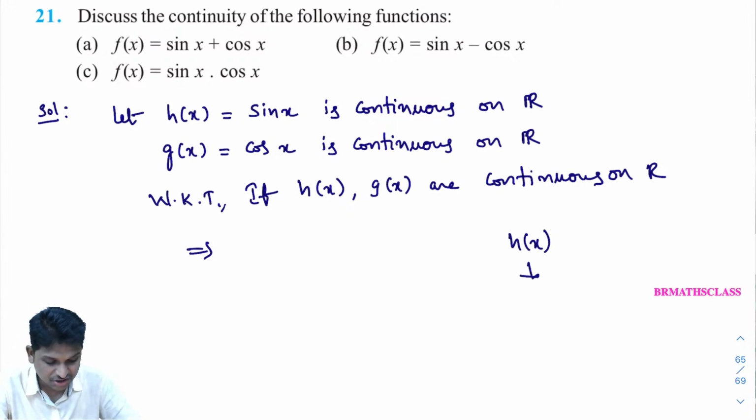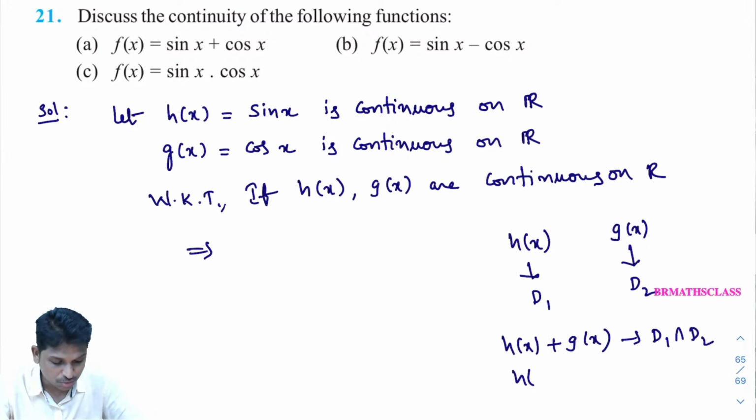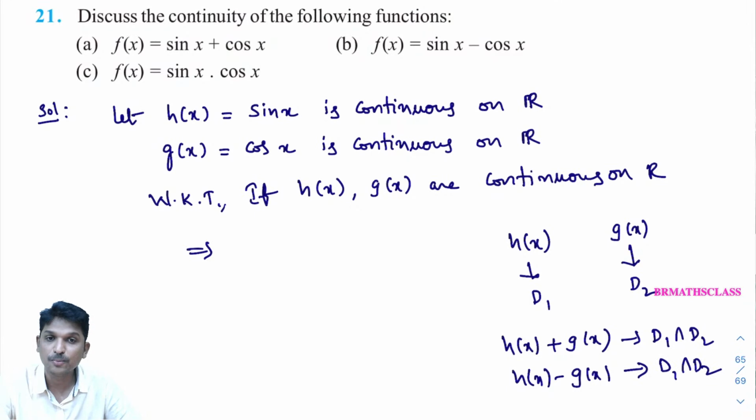H of x is a function whose domain is d1. G of x is a function whose domain is d2. Suppose, what is the domain of h of x plus g of x? The domain of h of x plus g of x is d1 intersection d2. What is the domain of h of x minus g of x? Its domain is also d1 intersection d2. And what is the domain of h of x into g of x? Its domain is also d1 intersection d2. So what I am trying to say here,